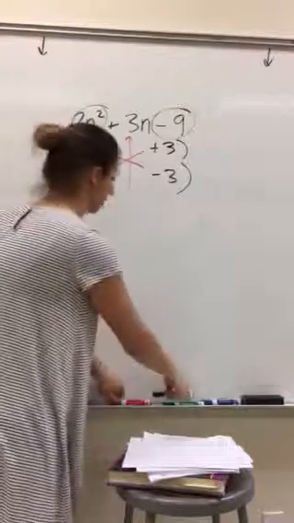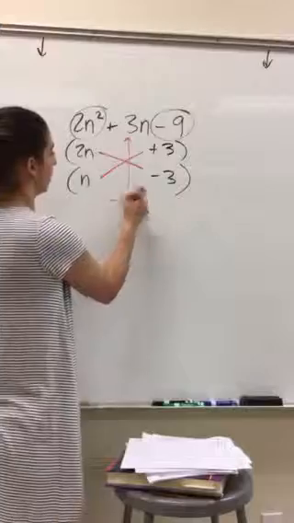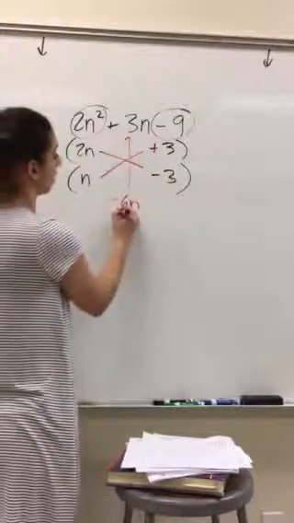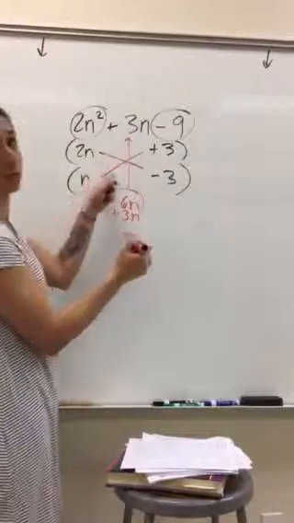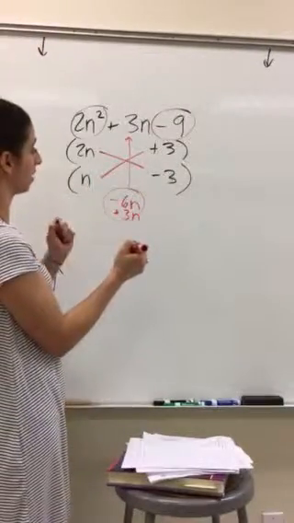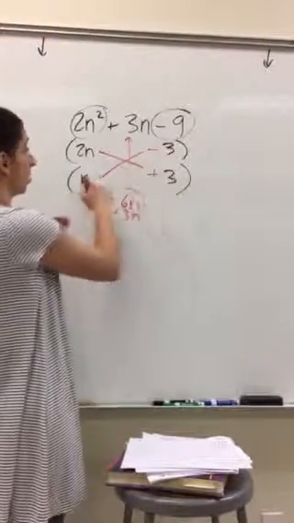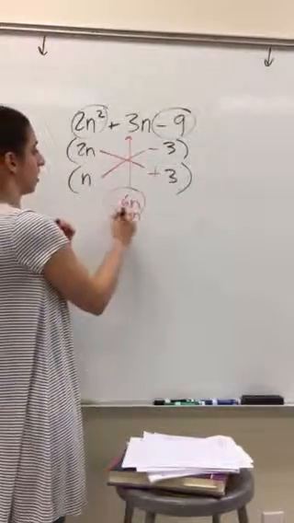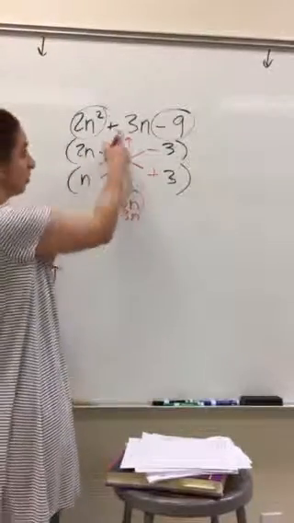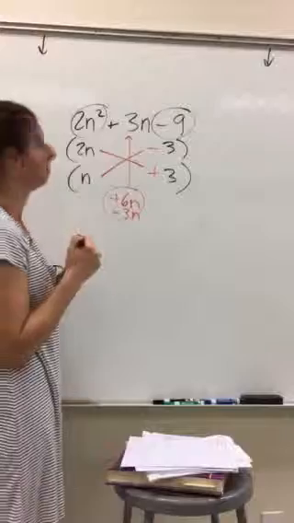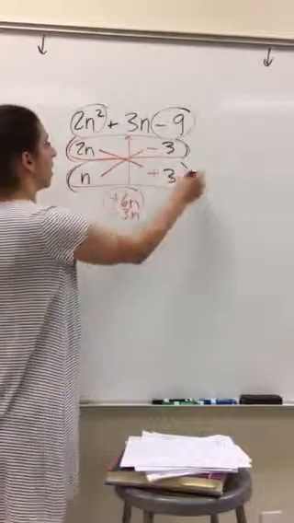And let's try. So I have 2n times minus 3 makes minus 6n. And n times positive 3 makes positive 3n. And again, I'm trying to make, oh, I'm close, but I end up with negative 3n. So all I have to do is just switch the signs. So n times negative 3 is now negative 3n. 2n times positive 3 is positive 6n. And boom, now I have my answer. And my 2 final factors then are 2n minus 3 and n plus